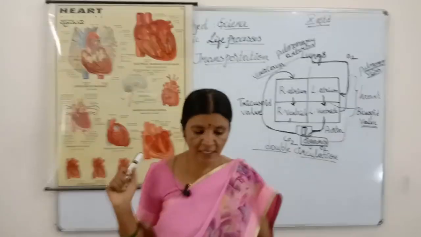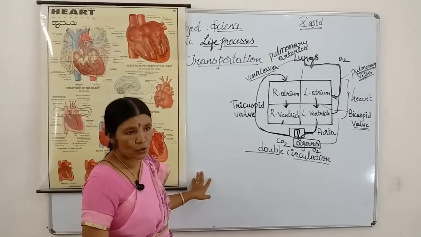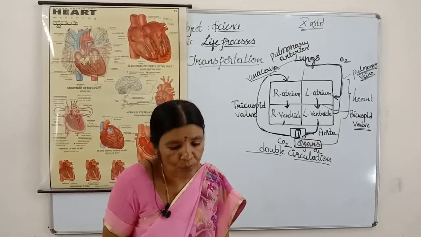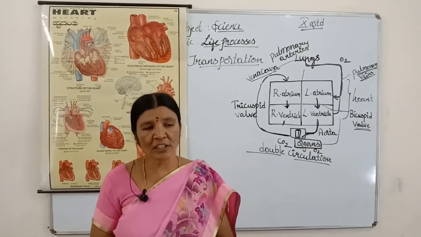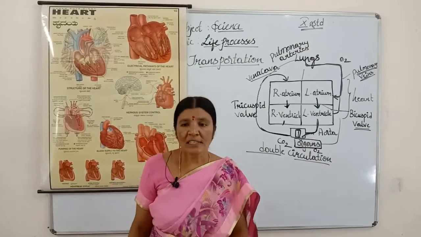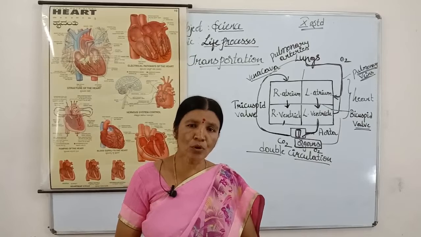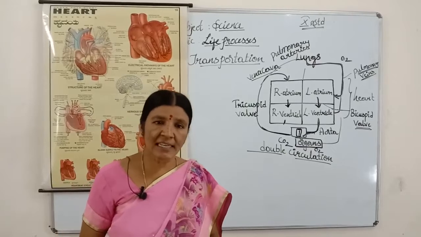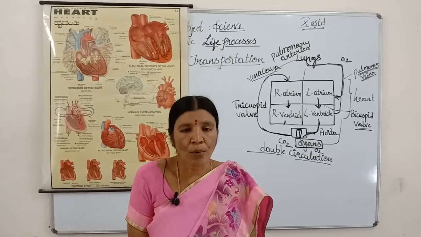This is very, very important, and we have seen this transportation only in humans. Same way, even in plants. Plants have separate vessels for conducting food and water, which we have learnt in our earlier classes. Plants have xylem vessels to conduct water and minerals from roots to all parts of the body. Similarly, they have phloem vessels which carry food particles to all parts of the body.